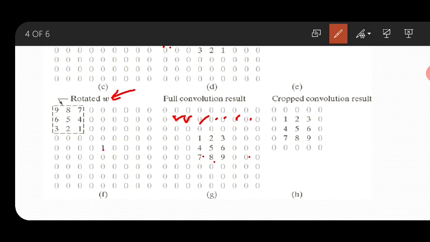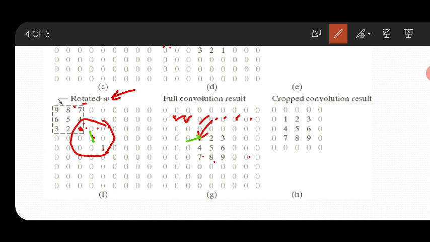it is exactly the opposite of the result you were getting here. Now when I slide it at this position, assume that this is 0. What is the value here? 9 into 0, 8 into 0, 7 into 0, 6 0, 5 0, all 0. Now what is the value here? 1 into 1 gives you 1, because the center value will be 1. This center value will be replaced by 1.